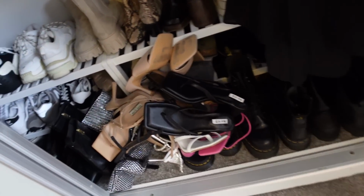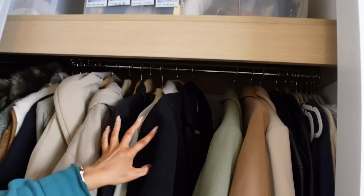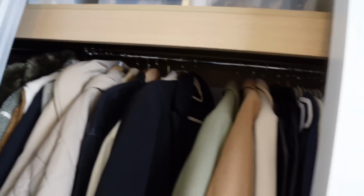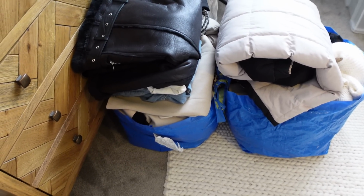The camera died and I didn't realise, so I have just finished the shoes. What I've done is, I mean, this doesn't look organised at all, but I've sorted out all the shoes. So like down there's loads, and this is just the pile of heels on top. And obviously that is all going to be going in a different place. But I've managed to clear quite a lot of space here, and obviously we've done up the top. And I've got a couple of bags here of coats and bits that are going to be going for sale at some point. Now I've got to tackle the room that I'm dreading the most, because my office is...